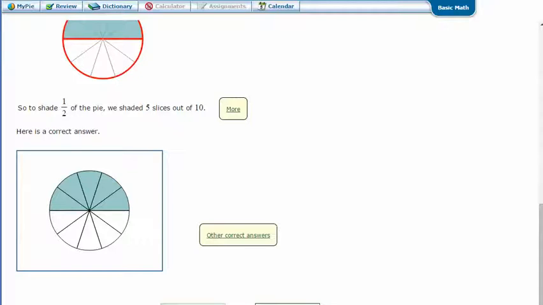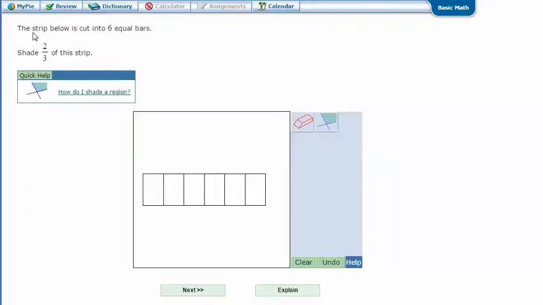Let's try another one. The strip below is cut into 6 equal bars. Shade 2/3 of this strip. This one's the eraser and this one shades strips in. So I'm going to click on this one. And so for 2/3, I could do this a couple different ways. I could look at these first 3, 1, 2, 3, and just shade in 2 of them. 2 out of those 3, and then this last set of 3, 2 out of those 3. And so looking at this, I've shaded in 2/3 out of these 3 and 2/3 out of this 3,